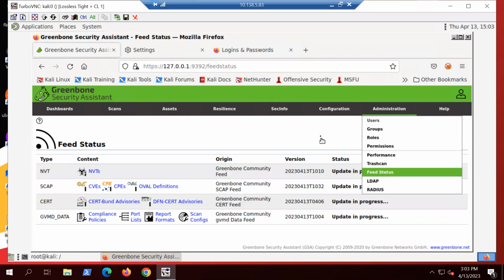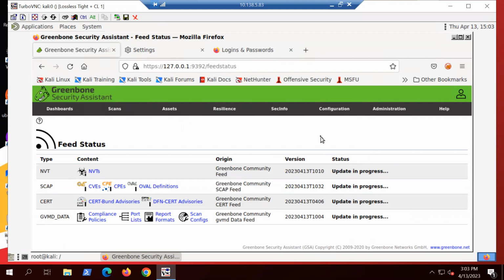Okay. So yes, at some point it does say current, and then what's going to happen is it's going to say update in progress, and we are going to have to wait until this finishes. You can see my time down here. I'll actually come back to this later, but